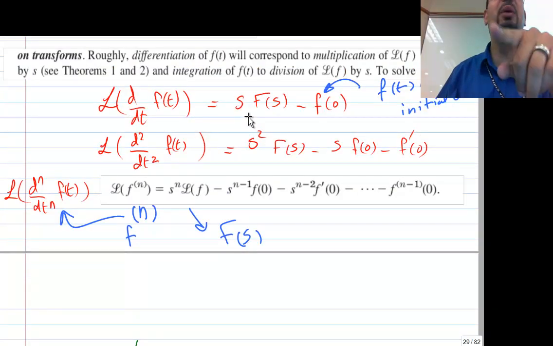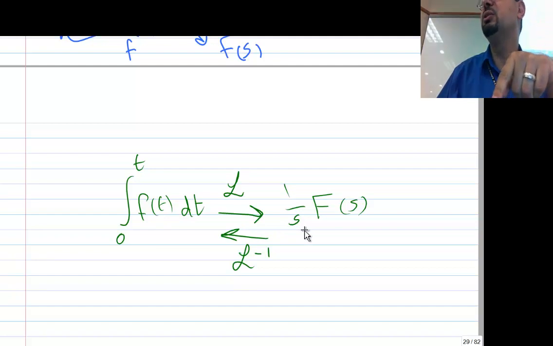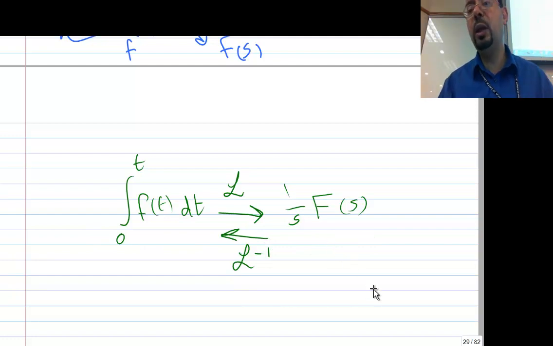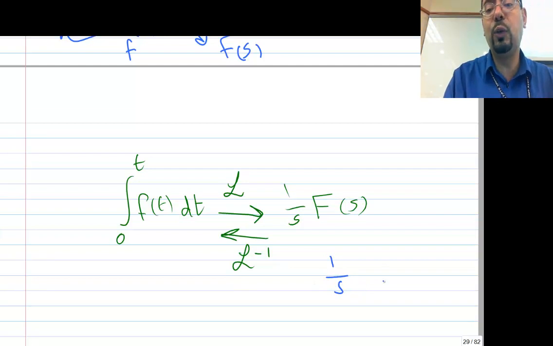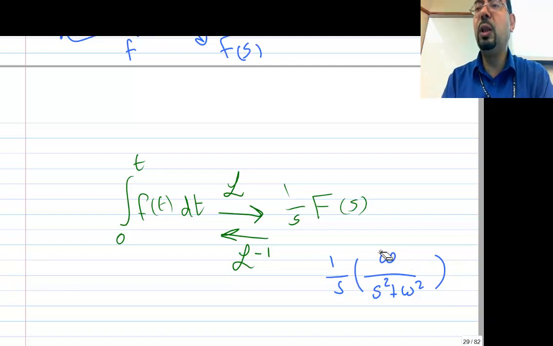So anyway, differentiation becomes multiplication and integration becomes division. So if you would like to get the Laplace of the integration, it's the division. And it works the other way too. So when you want to get the inverse of 1 over s times (s squared plus omega squared), then you tell yourself, well, this part, that's going to be my cosine or sine, right? And then this,